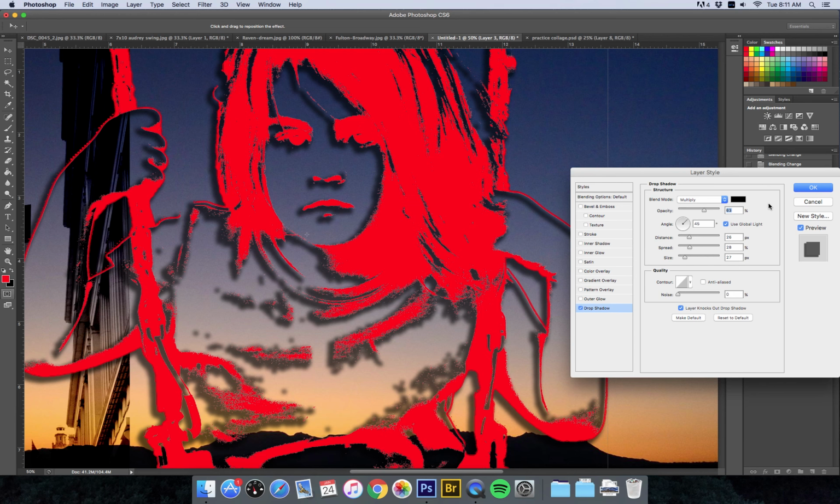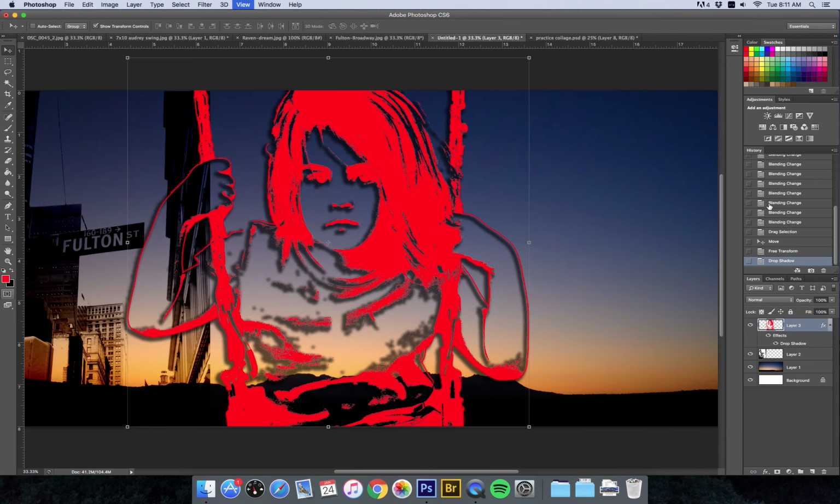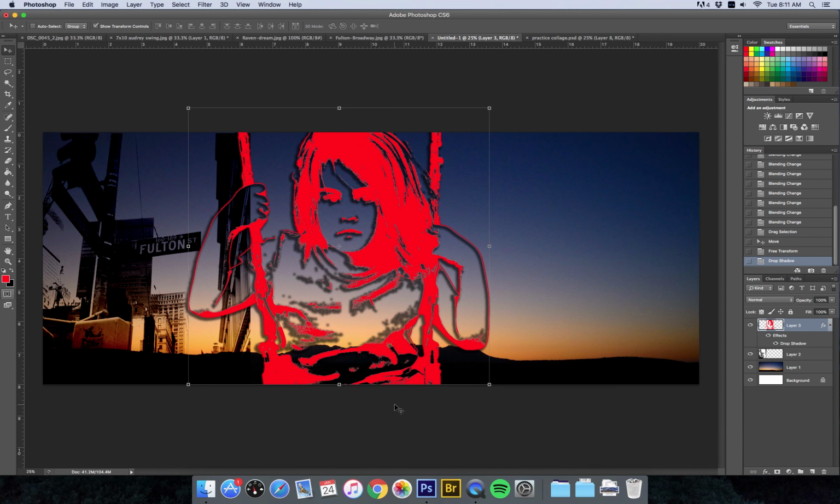I'm going to click OK on that, zoom out, and see what my image looks like so far. We're about halfway through now. So I'm going to stop right here,